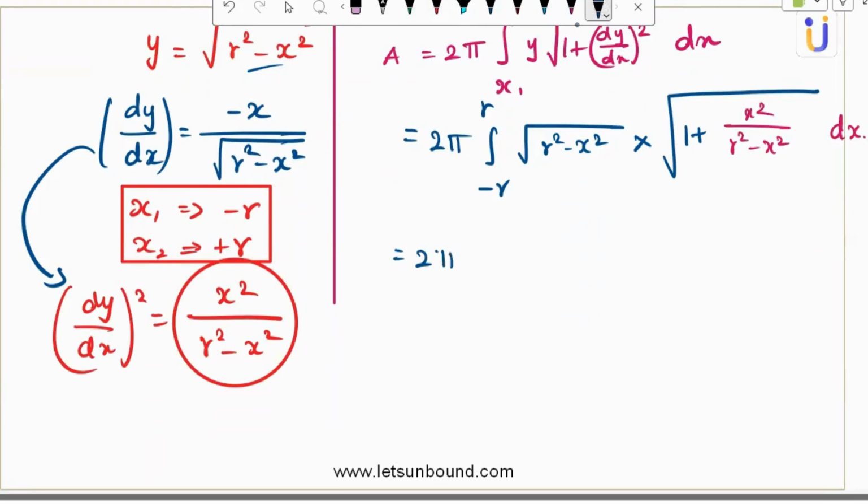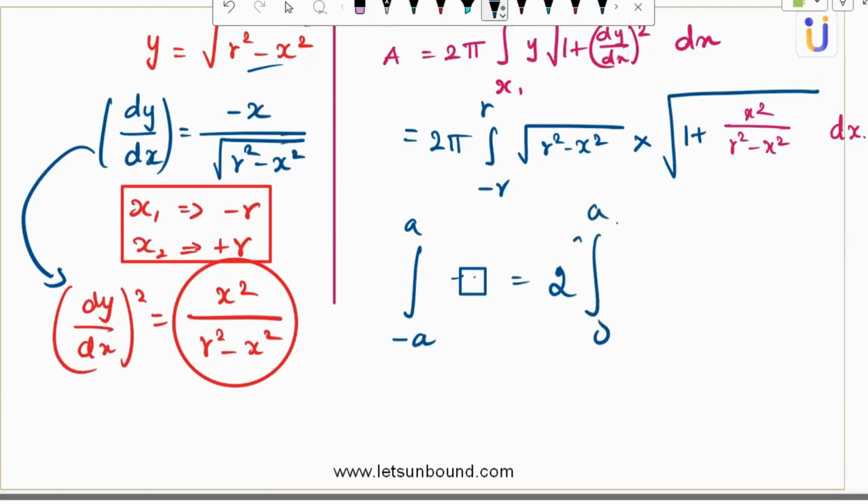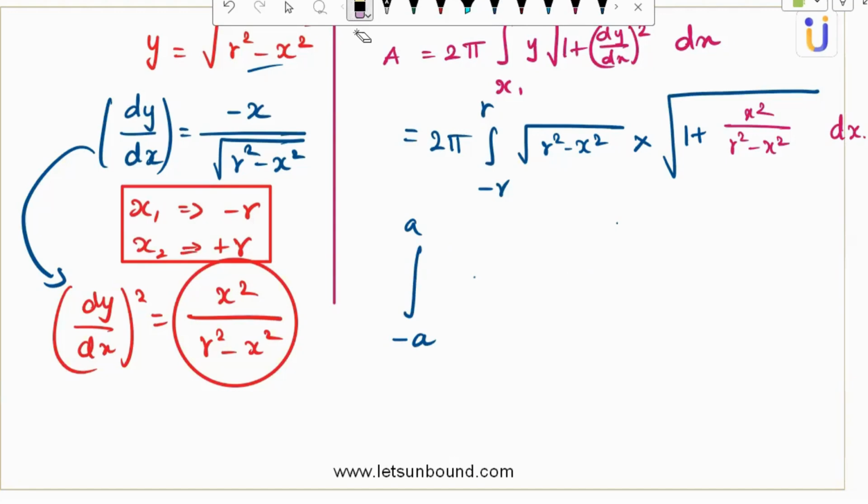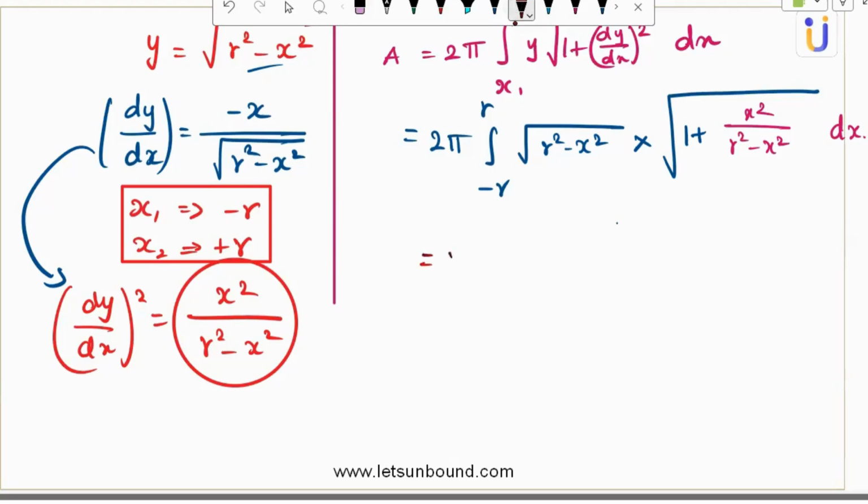So it's 2 pi. Okay, we can do one thing here. Whenever there is a property of an integral, if your integral is running over minus a to plus a, like f of x dx, this can be reduced as 2 times integral 0 to a. So that will be easy, right? If it's 0, the substitution will be easy. So we can use this property, and without the property also we can solve that. It is not a problem. So 2 pi, one more 2 I introduce, and the integral will now range from 0 to